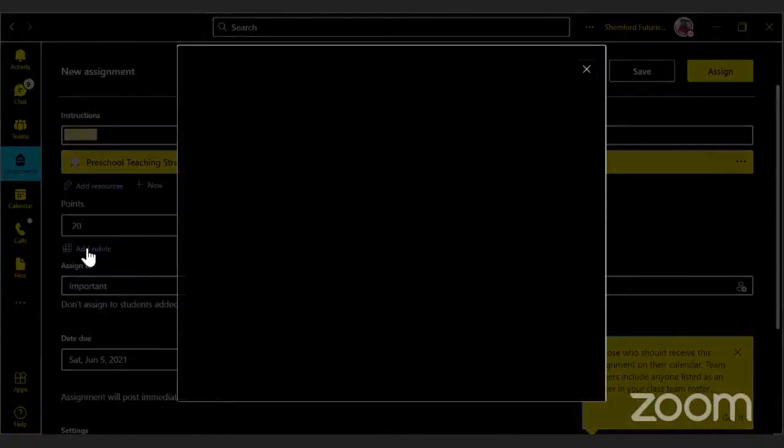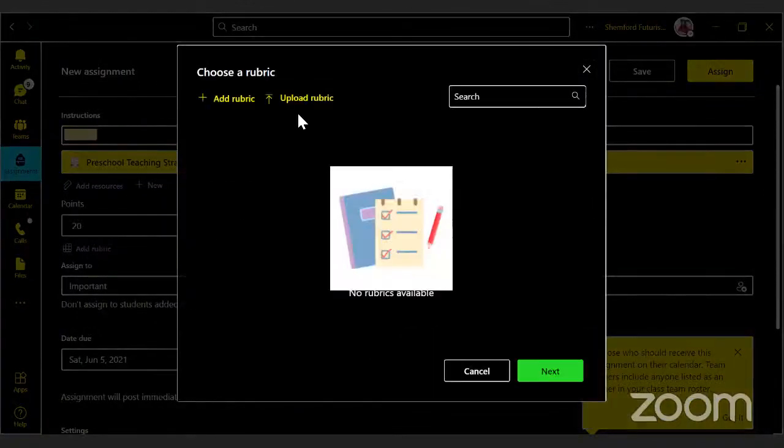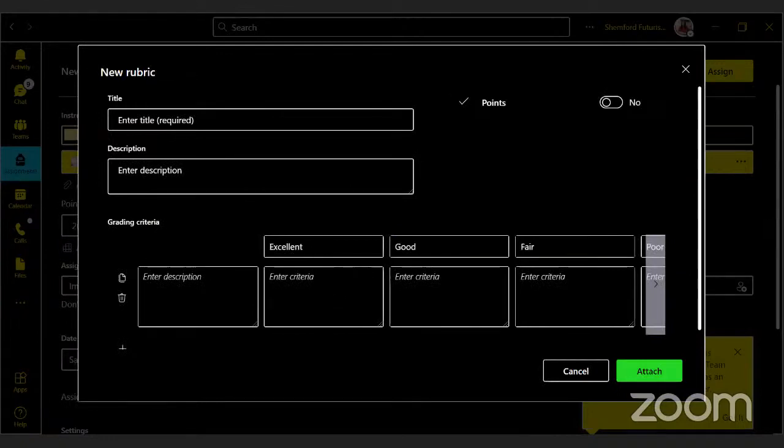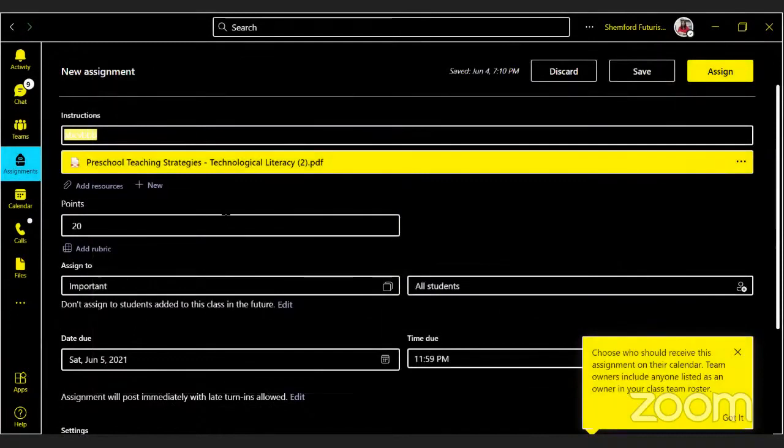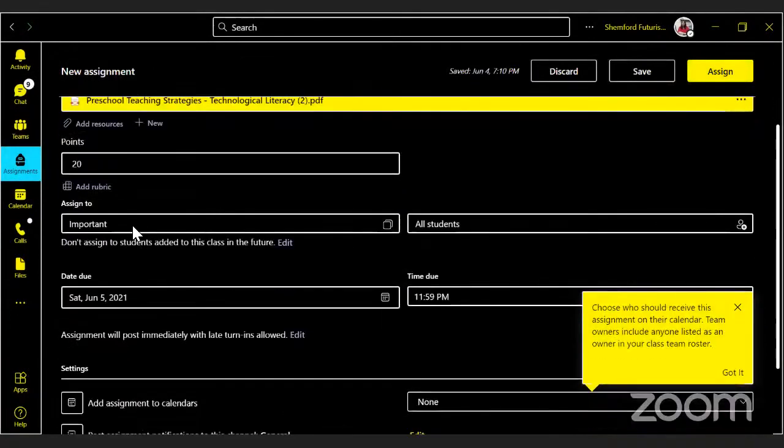Add rubric. When you click over here, if you have already created a rubric, you can upload it because they are already available on the internet. So many available. Okay. If you want to create your own rubric, then go for it. Criteria for particular assignment, what is being followed. Okay. Title, description. Okay. Whatever you want to go for, you can create and you can do it quickly. That will be done. Now, assign to.